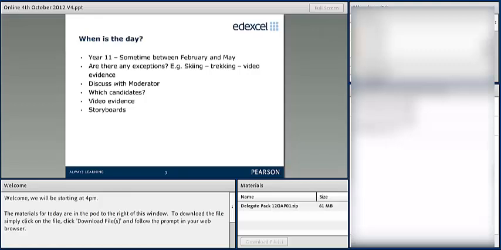One of the exceptions to the moderation, of course, are things that may go on outside the moderation window. Things like trekking, you may only be able to offer